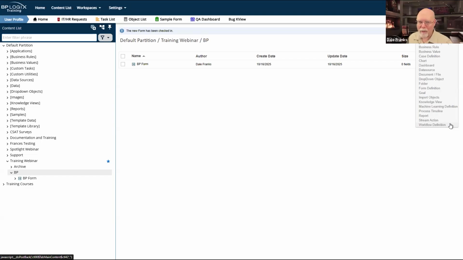Now, it's going to go away by default. There will be a custom variable that you can set to make it come back so that you can see workflow definition. But you shouldn't be using workflows. And, like I said, we stopped updating workflows in version 4.5. We've announced it. I've talked about it for a decade now, and people are still using workflows. You don't want to be using workflows.